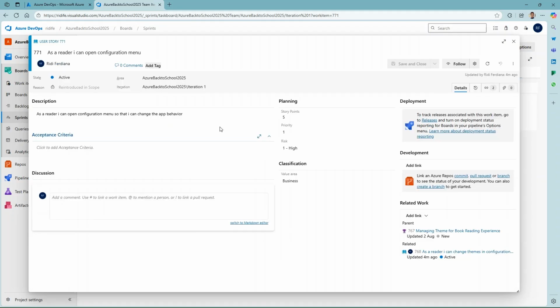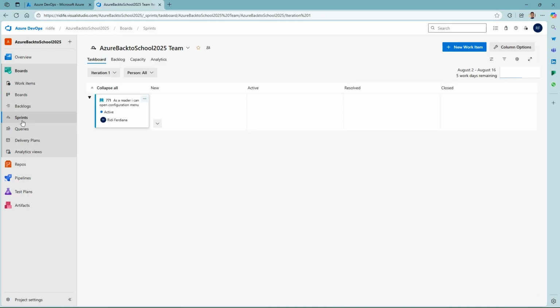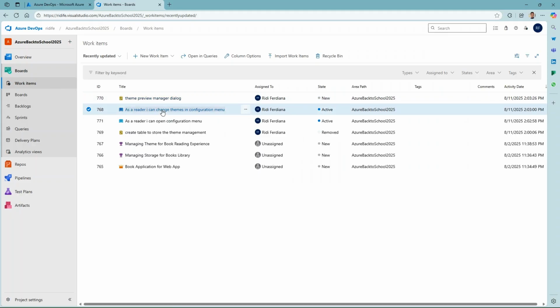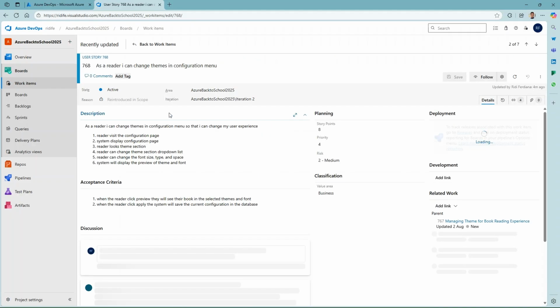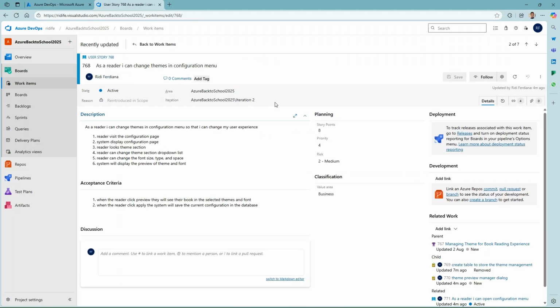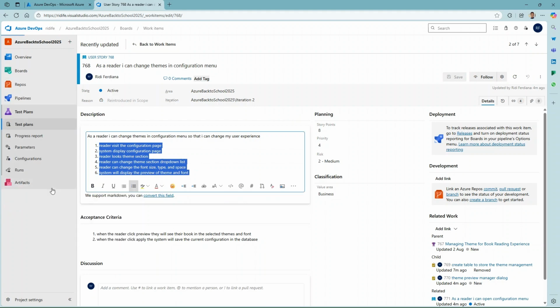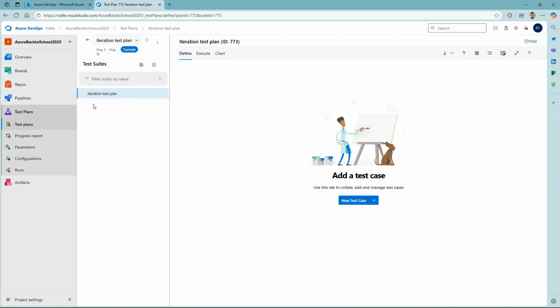Or if you see another user story, this is about time configuration. So what we want to do is copy this usage scenario, and we visit the test plan, and after that